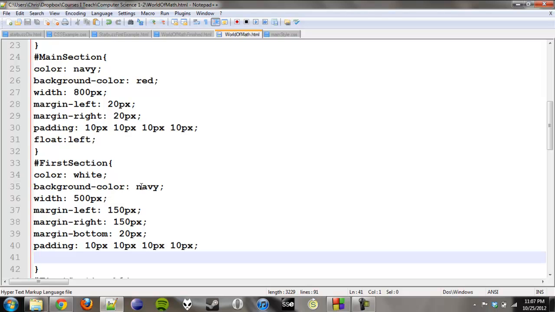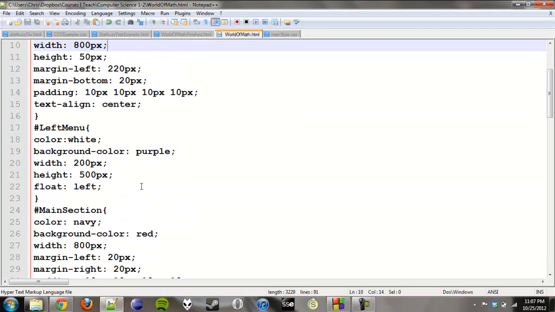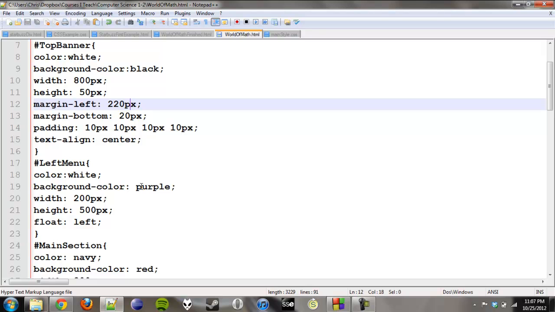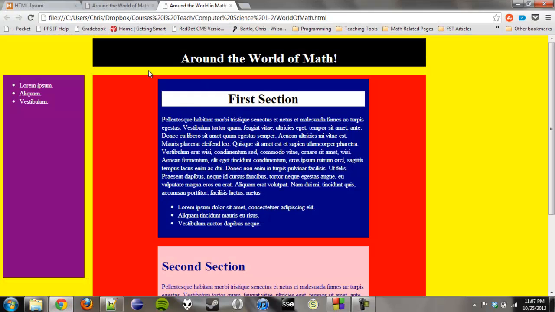Now, just quickly, let's go back up to why my margin left in the top banner is 220 pixels. I really wanted to line up this top banner with the edge of this box. So what did I have to do? I know that this purple box is 200 pixels wide, and I know that the red box has a 20 pixel margin. Oh, sweet. That means it's 220 pixels from the edge of here over to here. We're always going to have to take into account our margin and our padding when we're trying to get the